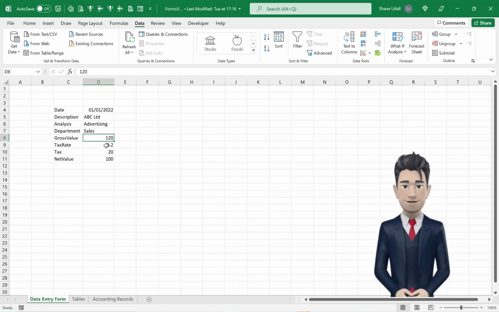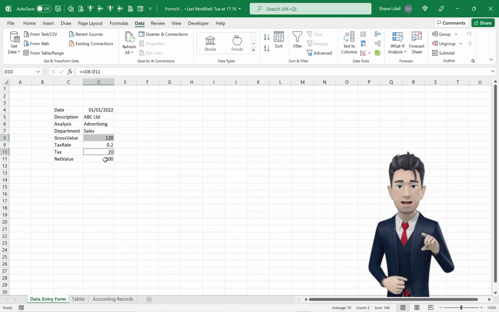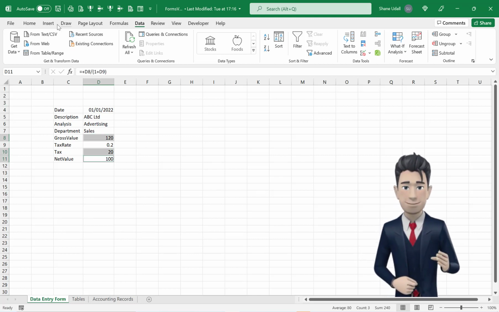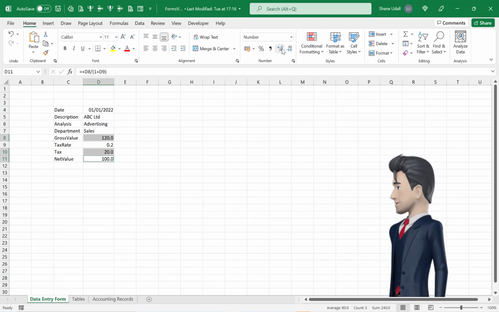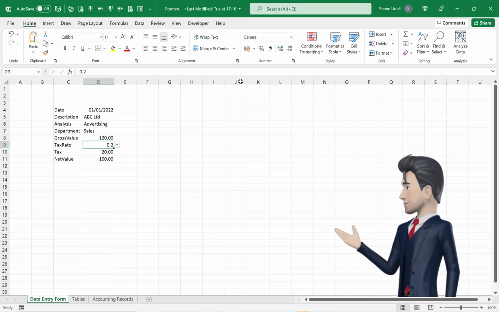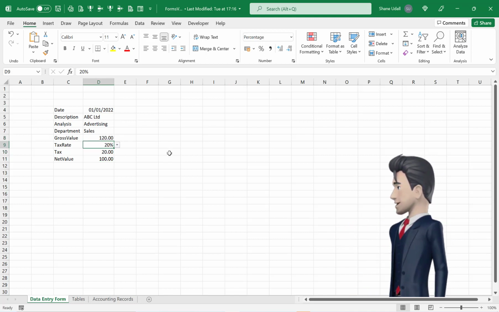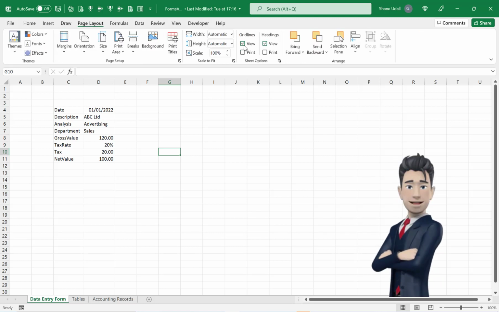Apply some formatting to the range D4 through to D11 such that numeric values are set to 2 decimal places and percentage values are set to 0 decimals. And from the Page Layout ribbon, uncheck the View Gridlines box to give our worksheet a clear and crisp